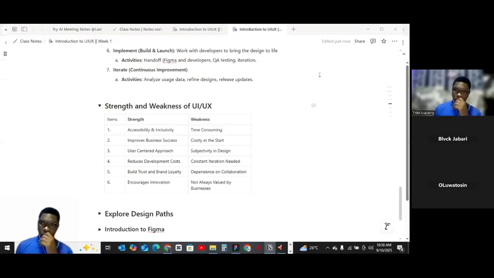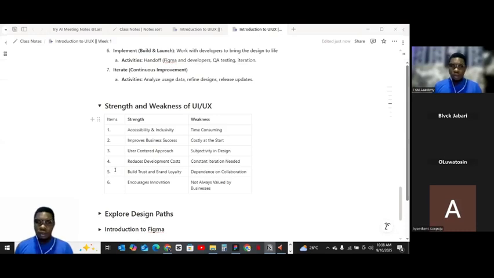Okay, number four is reduce development cost. Before we even started doing UIs and all that, people were just coding, coding, coding. And you know how much they were paying developers in those days? They're still hot cake now, but they were very hot cakes then, because without them nothing could have happened, so to speak.